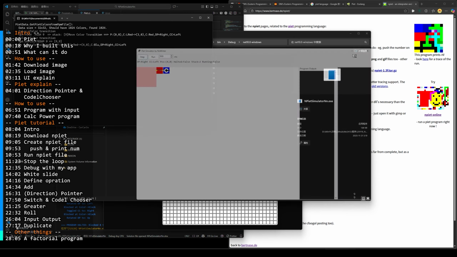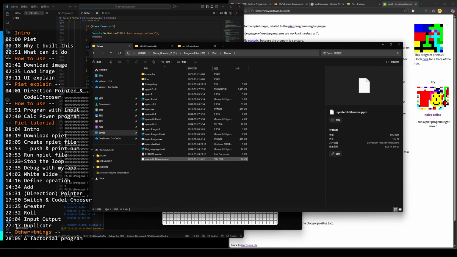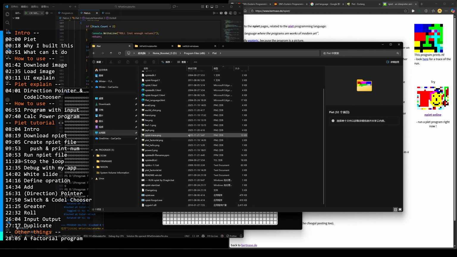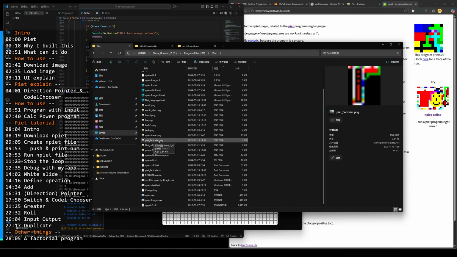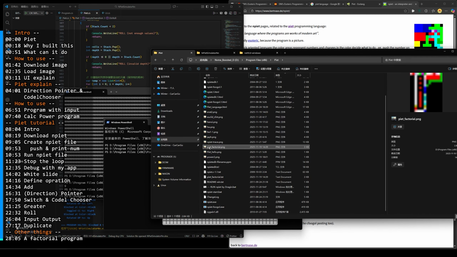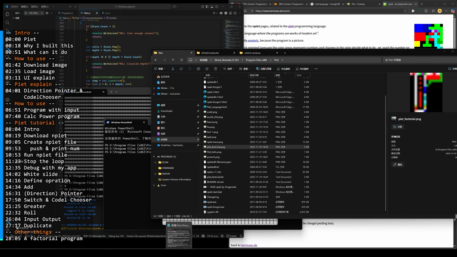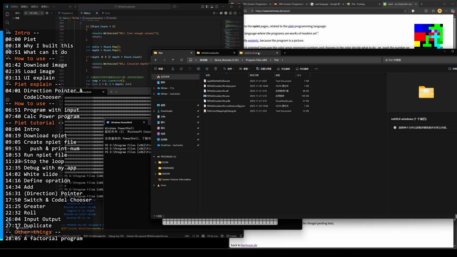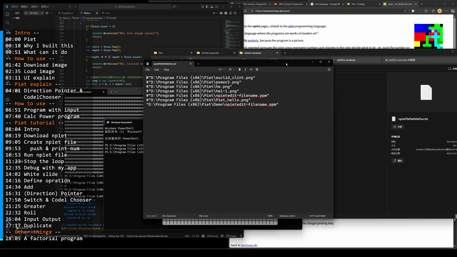So with all this, it is possible to create some awesome programs, which is so interesting. So this is the factorial. You can use this to calculate the factorial of a number. Again, find my file here, and I will put this aside,